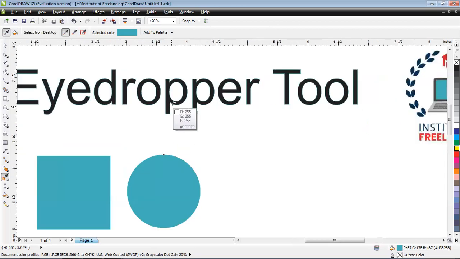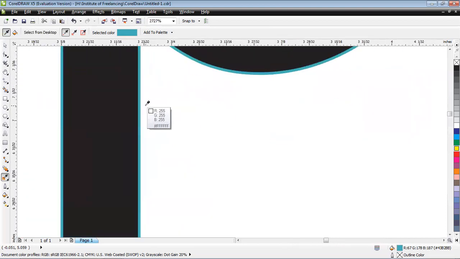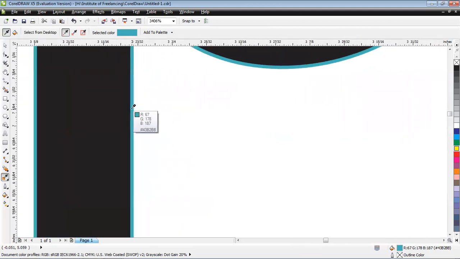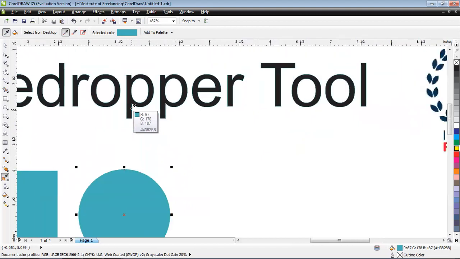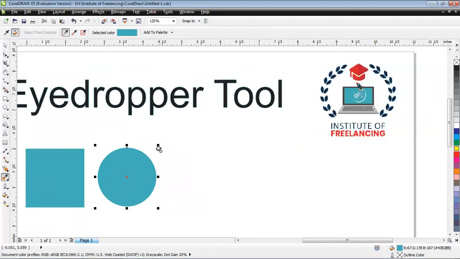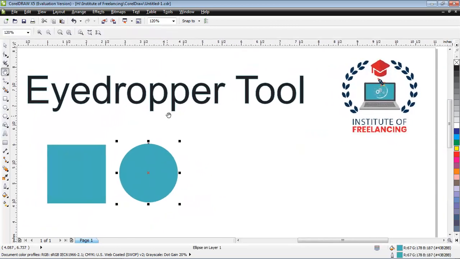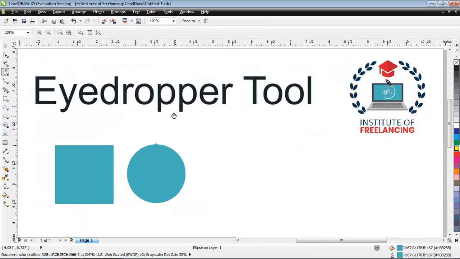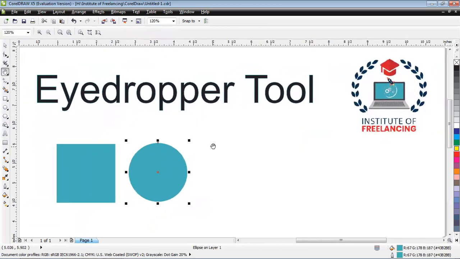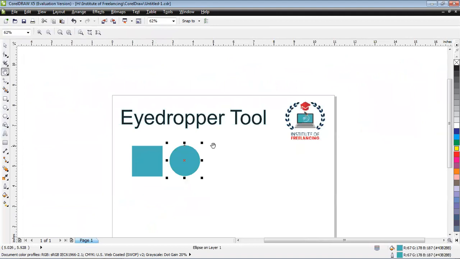So let me zoom in first to show you whether the color has been placed or not. You see that has been placed. So that's how you can do this very easily. Let me pan this to almost our desired area, and now let's move on to the next thing that we are going to discuss, and that is